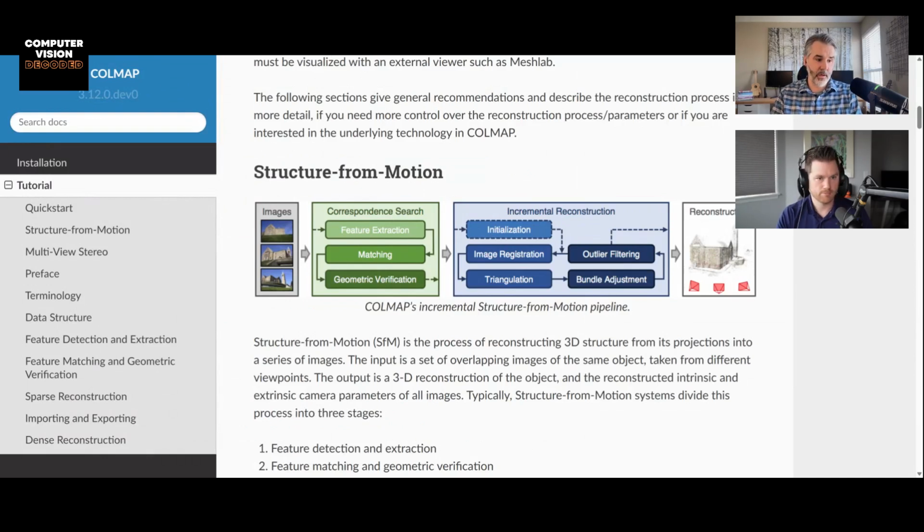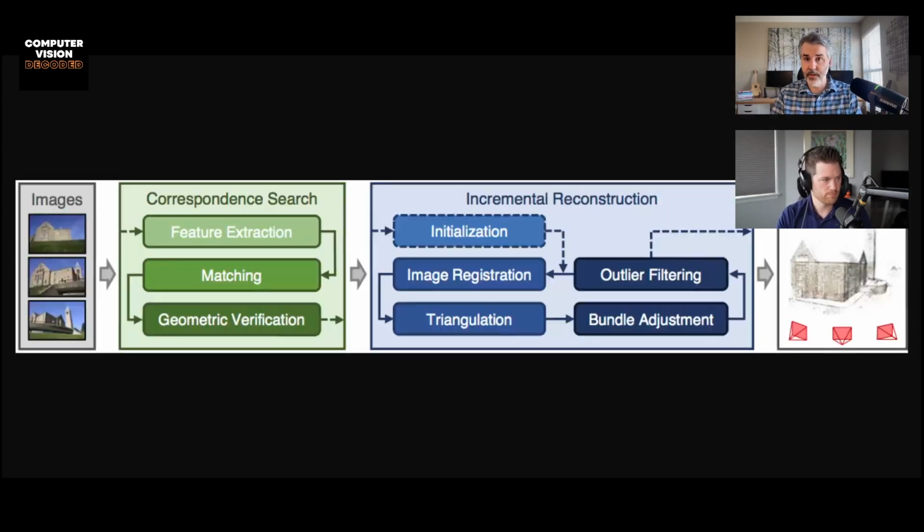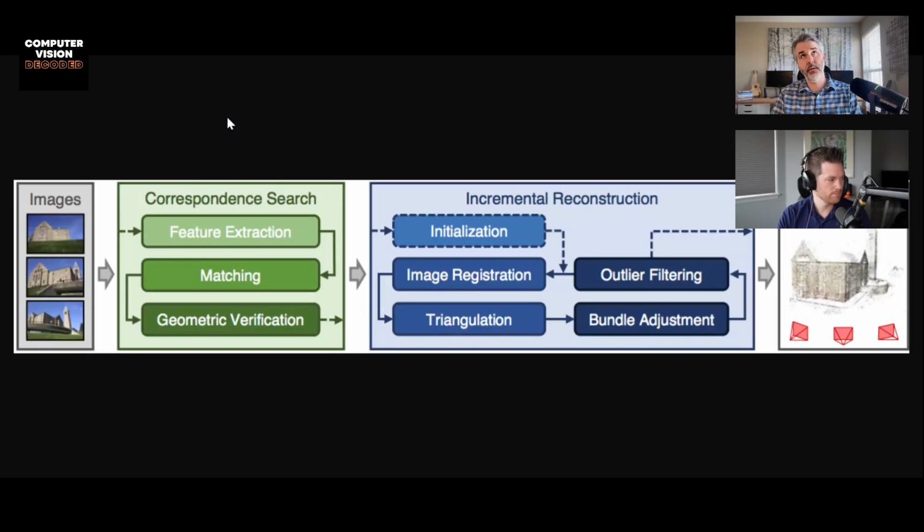Johannes had worked on previous structure from motion software and he'd worked with, I believe it was drones, so aerial photography, 3D reconstruction, and he had built a pipeline that he called MAV. I'll probably get this wrong, but I think it was mobile aerial vehicle mapper. But he was looking to generalize that to move beyond just aerial photography and to do more